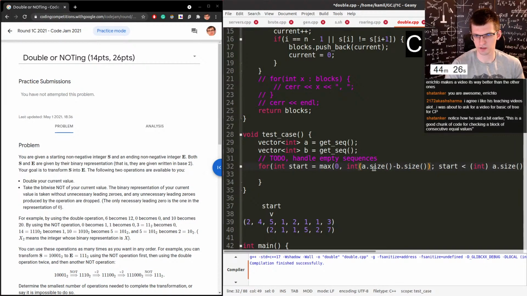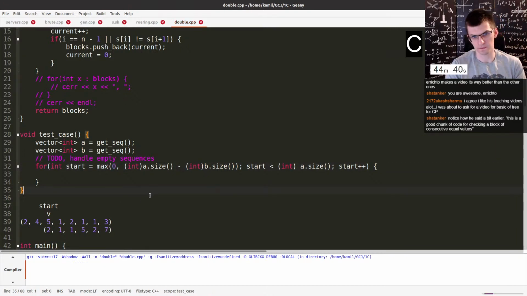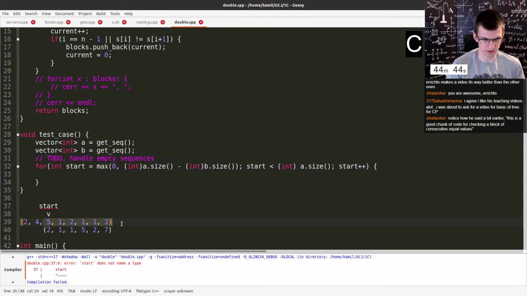I shouldn't do it like that because I will get some nasty signed overflow. Size is very tricky in C++. Right now I'm sure that I can fit, and there, as long as they have common elements,